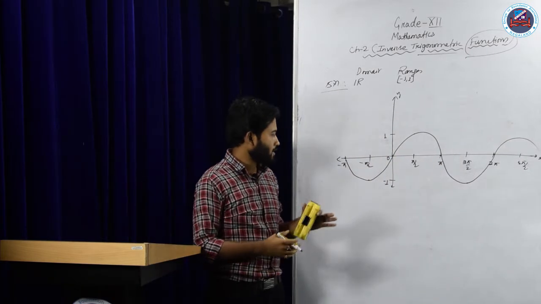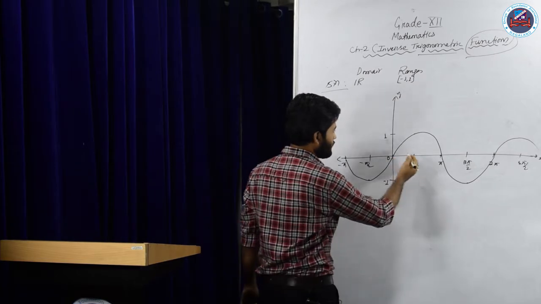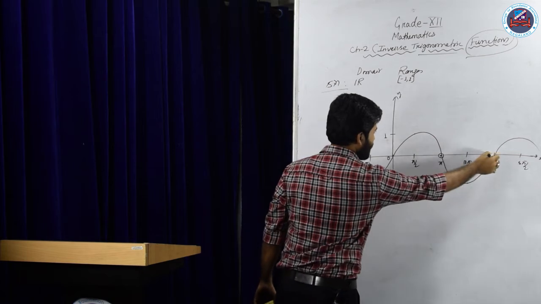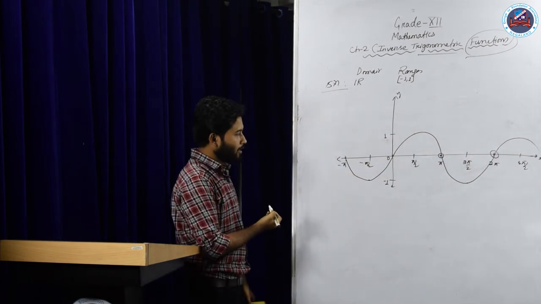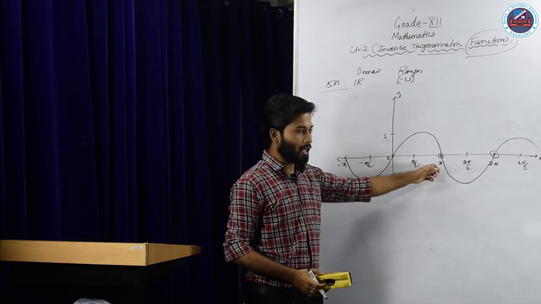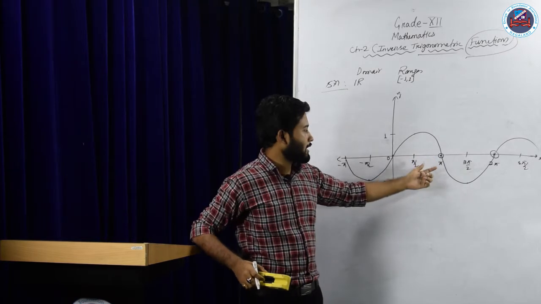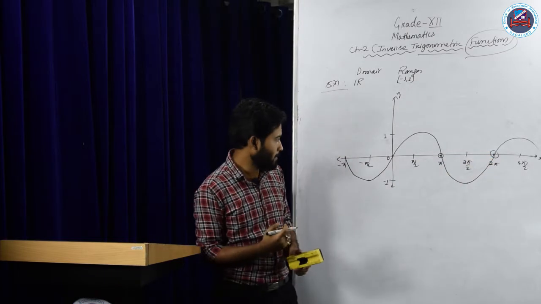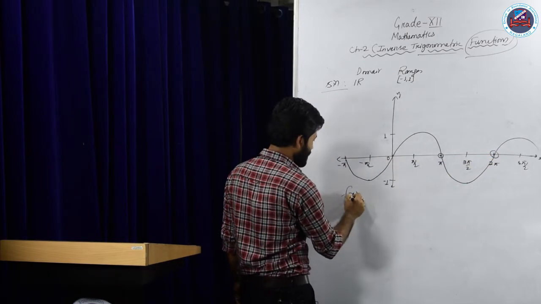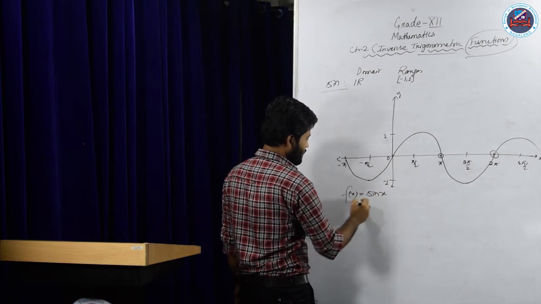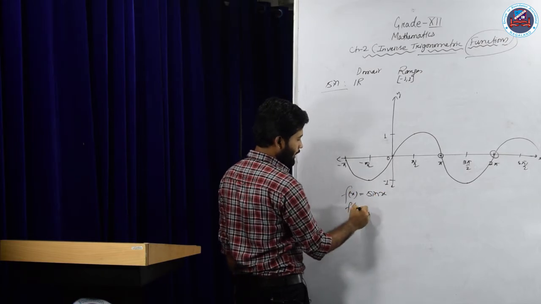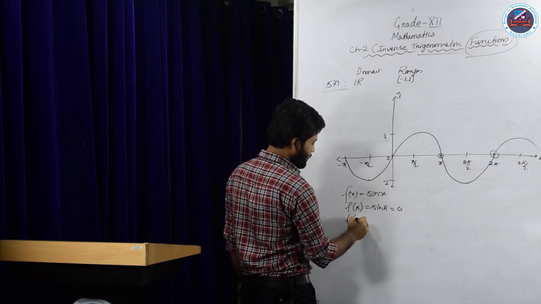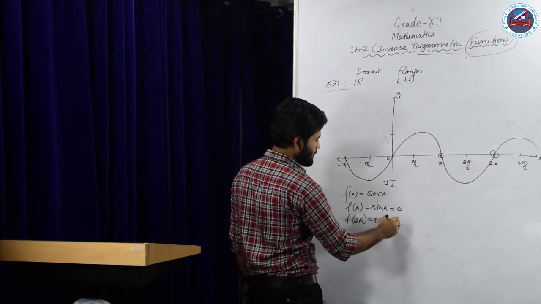That means, now let us say one thing. If I consider these 2 points, suppose randomly, this point and this point, here we see for the value of pi, the value is 0. That means sine pi is 0. Also, we can see that sine of twice pi is also 0. Yeah? That means, I can write, if my function is f(x) equals sine x, then in place of x, if I replace it by pi, it will be sine of pi, that is 0, and f of twice pi, that is sine of twice pi, will also be 0.